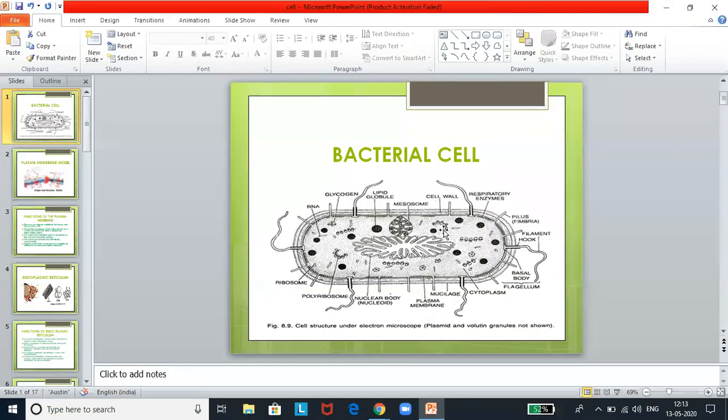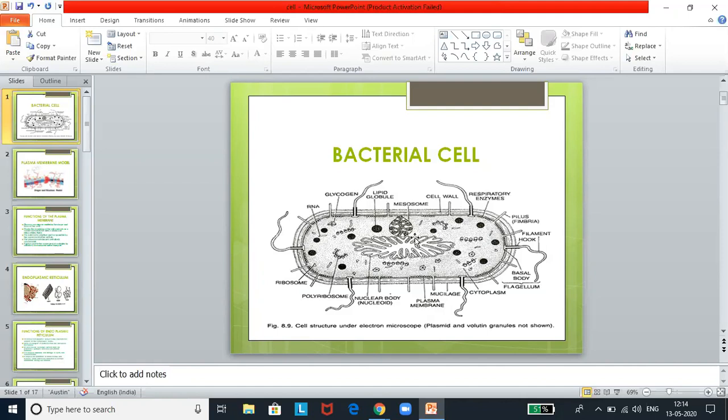The cell wall provides structural support to the cell. The plasma membrane is a selectively permeable membrane allowing entry and exit of molecules. Now, mesosomes help in cell wall formation. Can you see the invaginations of the plasma membrane here? And this is the mesosome. It helps in DNA replication and distribution to daughter cells. These mesosomes help in respiration and secretion processes, and increase the surface area of the plasma membrane and enzymatic content.